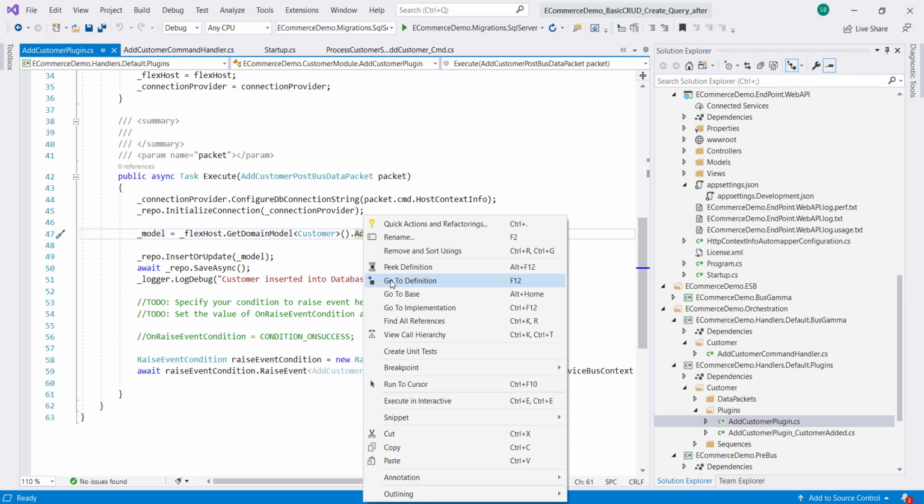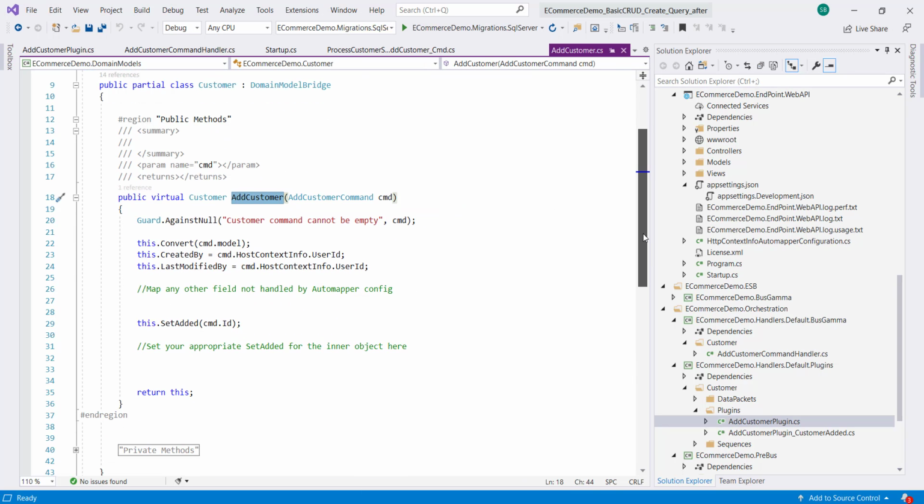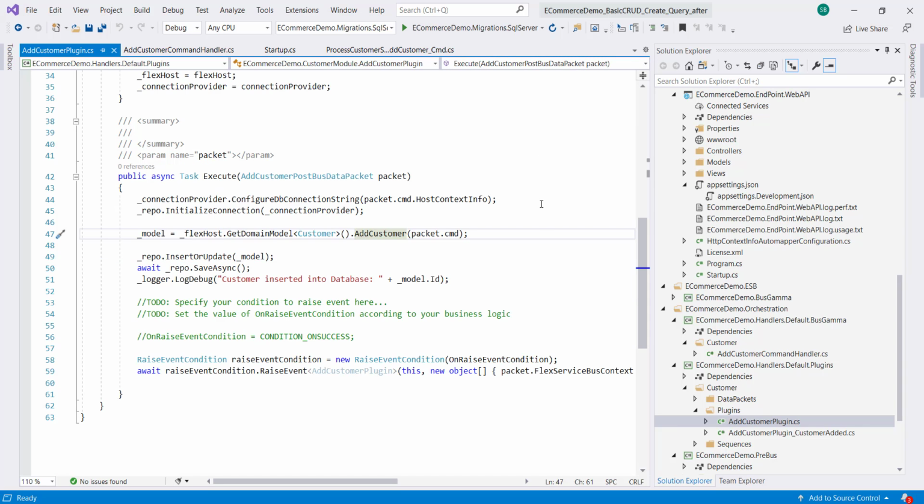If you go to the add customer, this is the model. So that maps the models into the domain and fills all your data, creating your model whatever way you want, with all the logic that you need. Mind that the validation should be done in the plugin.